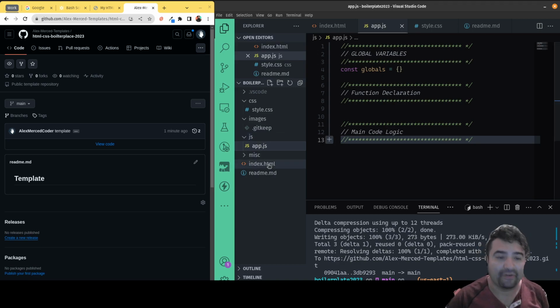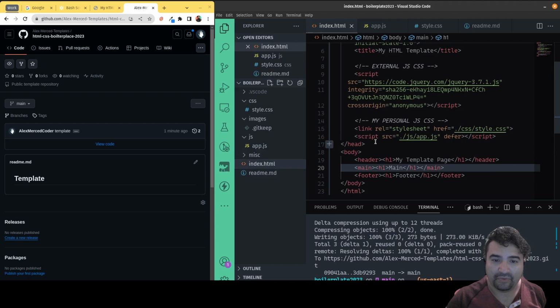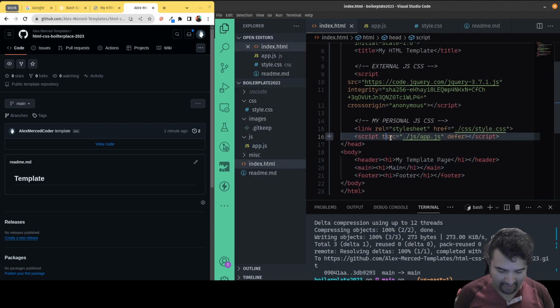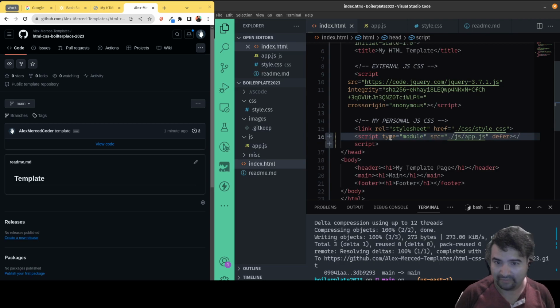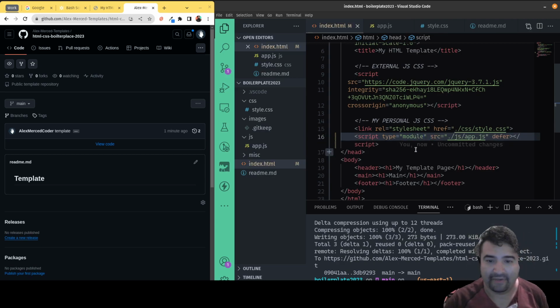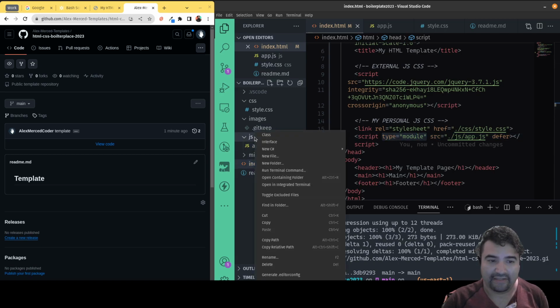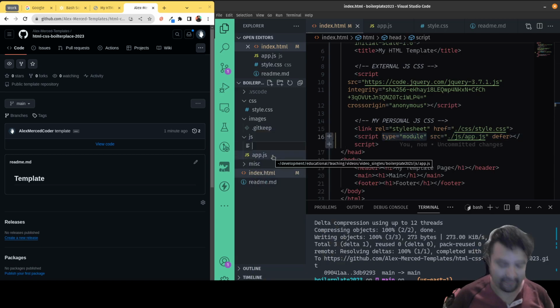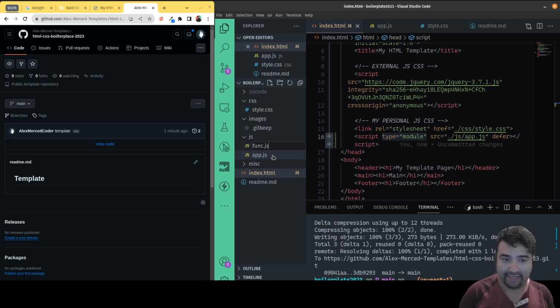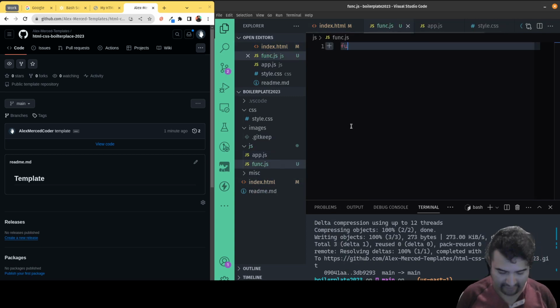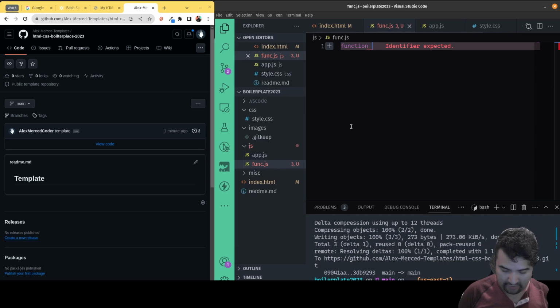files. But if you wanted to do that, what you would do is here in your JavaScript, you would just add another attribute called type, and you would change it to module. And then what could happen, once you have this type module, I could do things like, let's say I created another JavaScript file that's just one function, func.js. Okay, and this just had a function that said, hello world,